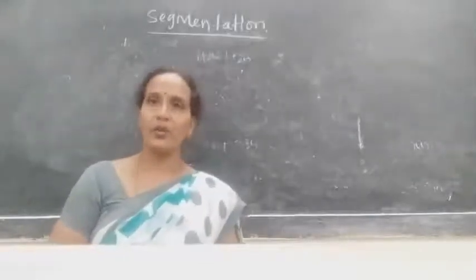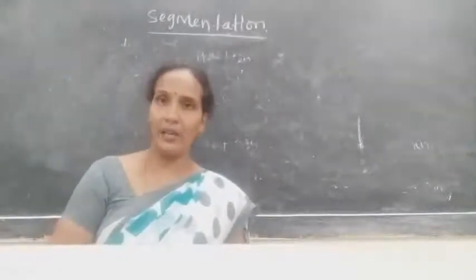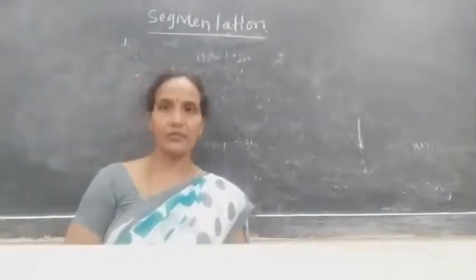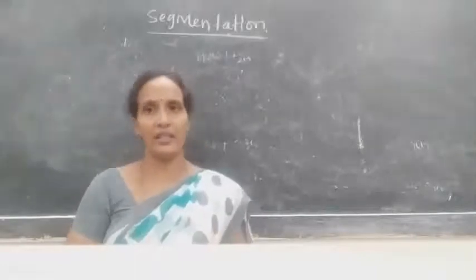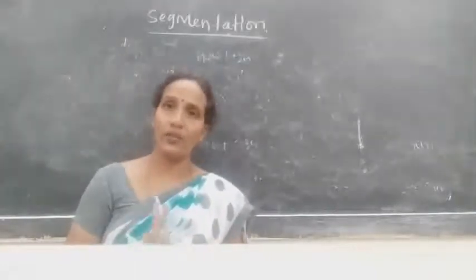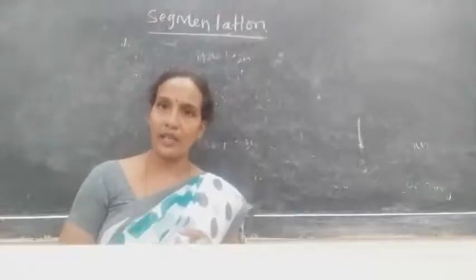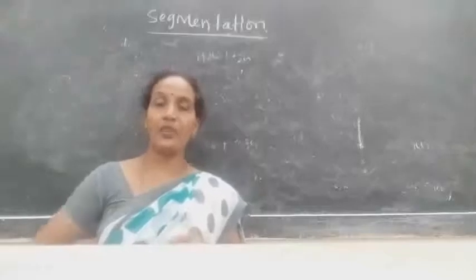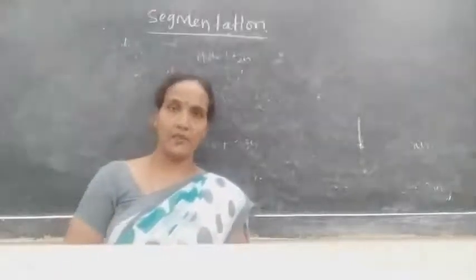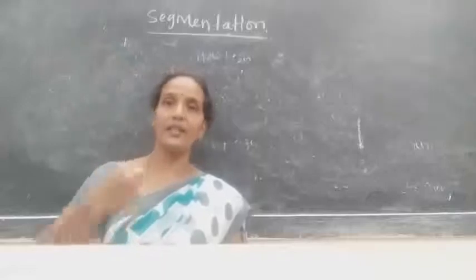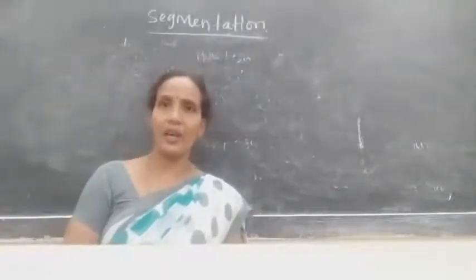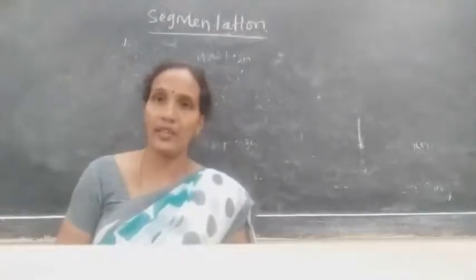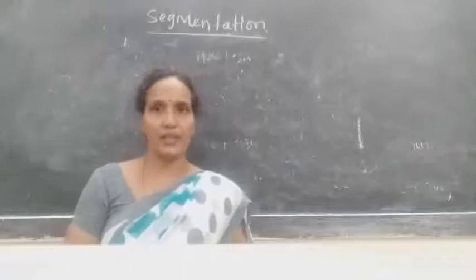Whenever the CPU wants to read any process or any segment, it will generate a logical address, because the CPU always generates the logical address. The logical address consists of two parts. First one is the segment number, the second one is the offset. Segment number means from which segment it wants to read the content, and the offset means what content it wants to read. Example, if you have 100 bytes of memory and you want to read only 20 bytes of it, that will come under offset.